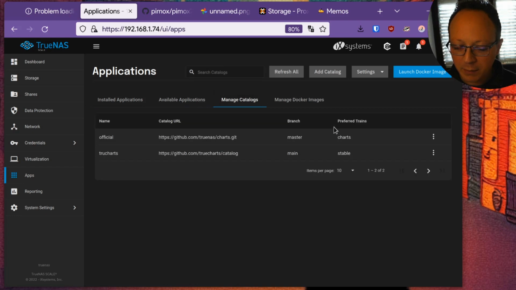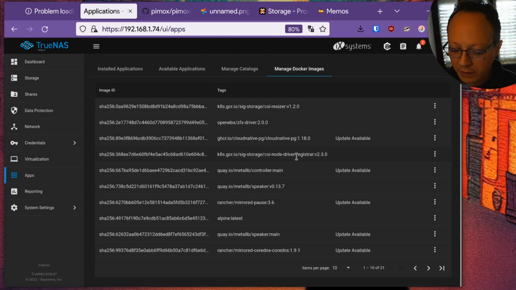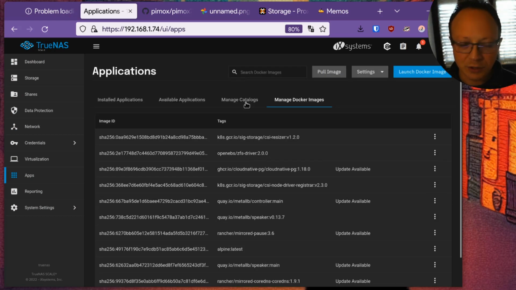And in Manage Catalog, you have the official repository and also the TrueCharts repository, where it supports many more applications. And under Manage Docker Images, you can see all the Docker images that you installed in the application managed part. Reporting.